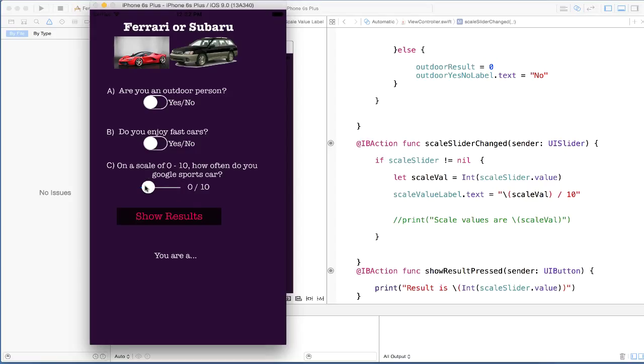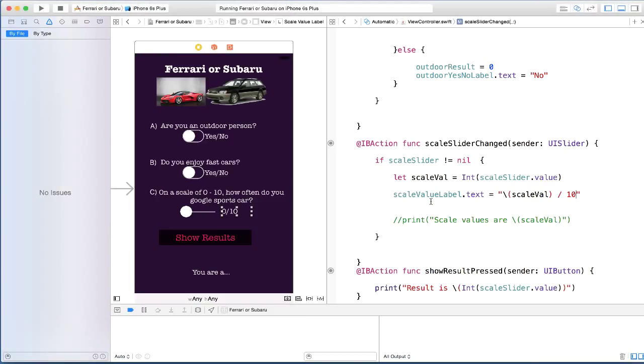That's perfect. That's wonderful. But since we are learning about Swift, we're learning about Xcode, we're learning about iOS development, there's another thing we can do here. Instead of just hard coding the number 10 because we know this is from 0 to 10, what if we decided we want to say 0 to 100? Right? We changed this wording here to 0 to 100. Well, we have to come here and change to 100 again.